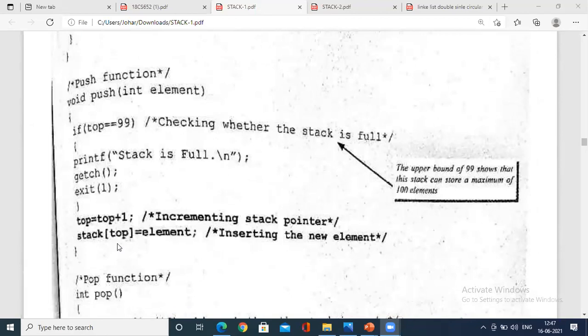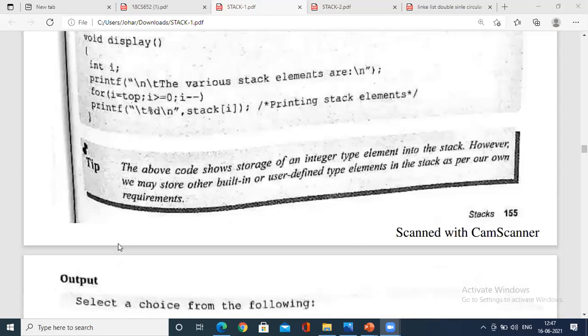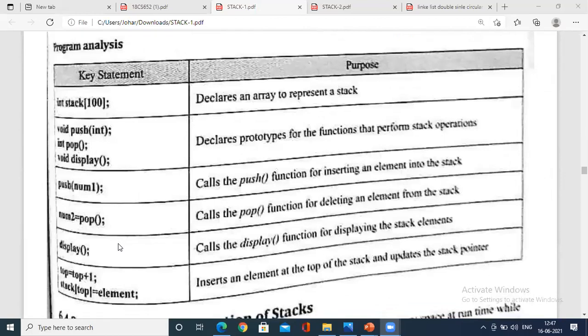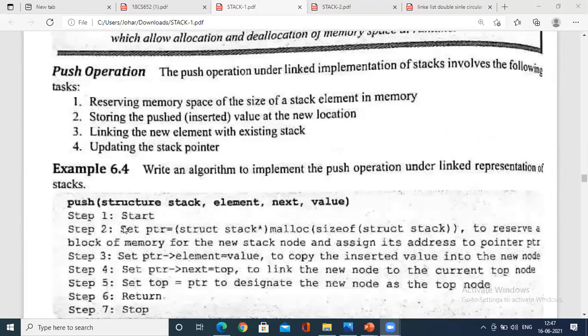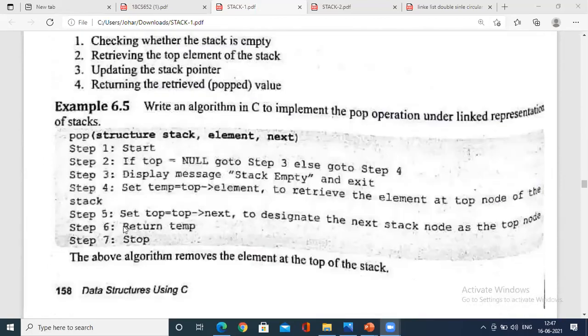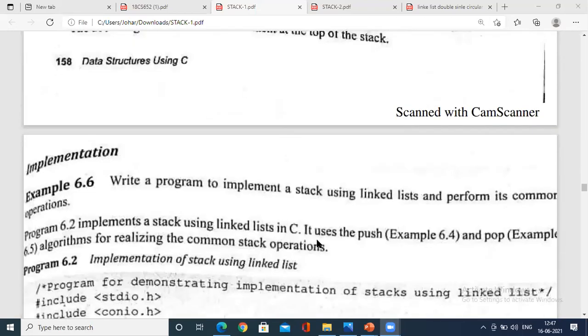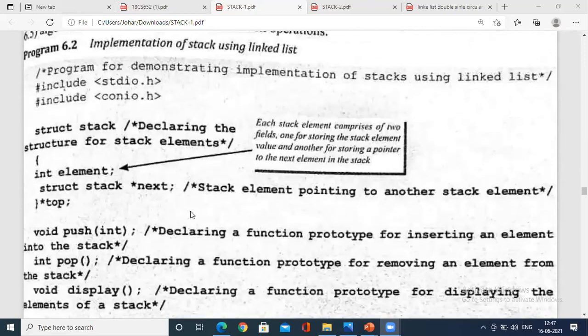Parallelly, I'm going to explain the concept of a pointer today, that is using a linked list. When you use a linked list, what do you have to use? You have to use a pointer. So for a pointer declaration, you have to create a linked list called struct. That is what I'm going to explain today. So I'm parallelly explaining it. Remember, that was array representation; now, linked list representation.